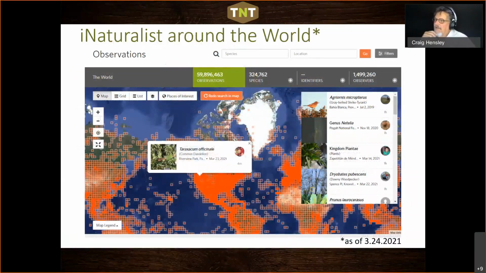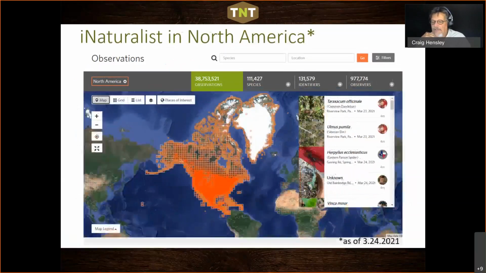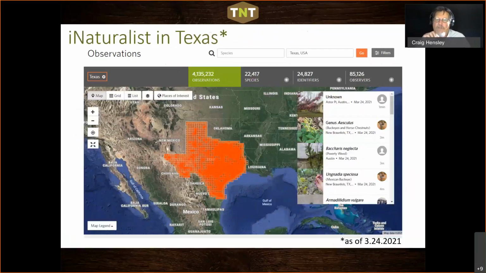So our iNaturalist around the world right now, this was as of 2 days ago, actually, almost 60 million observations globally using iNaturalist. I think it's funny that the slide I froze had a dandelion as one of the latest observations. In North America, we have 38 million, getting closer to 39 million observations. And here in Texas, we are over the 4 million observation threshold by 85,000 observers, which is a lot of